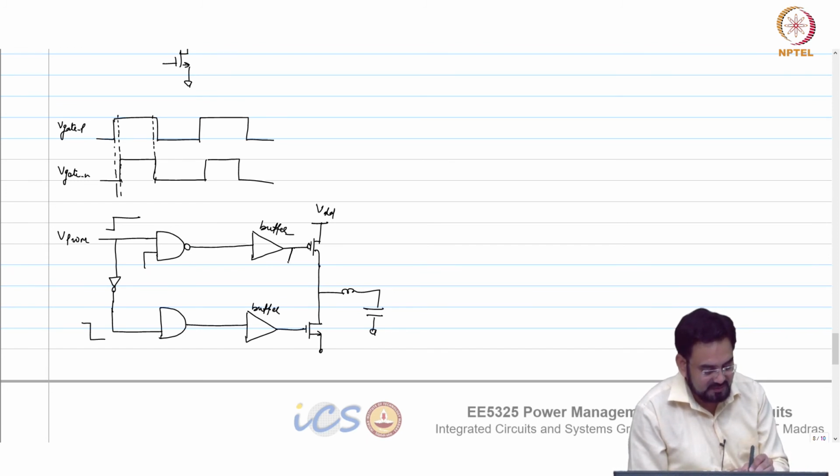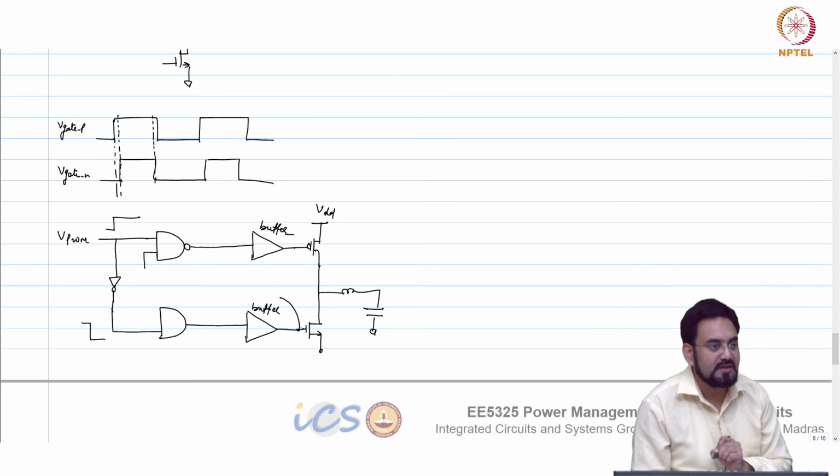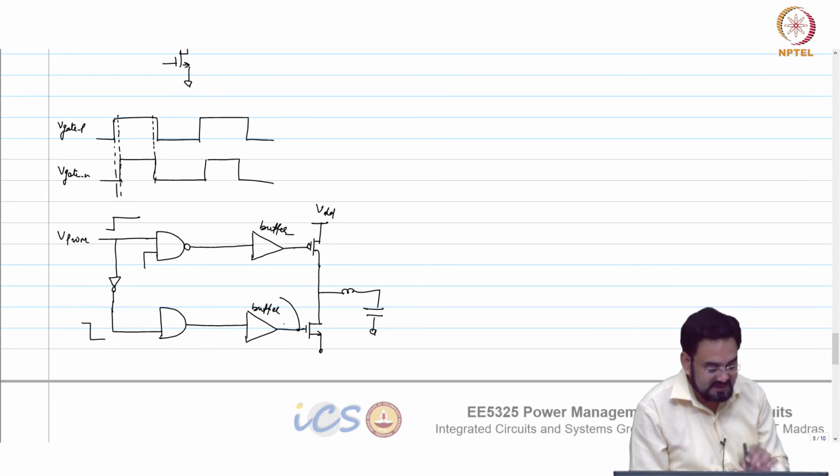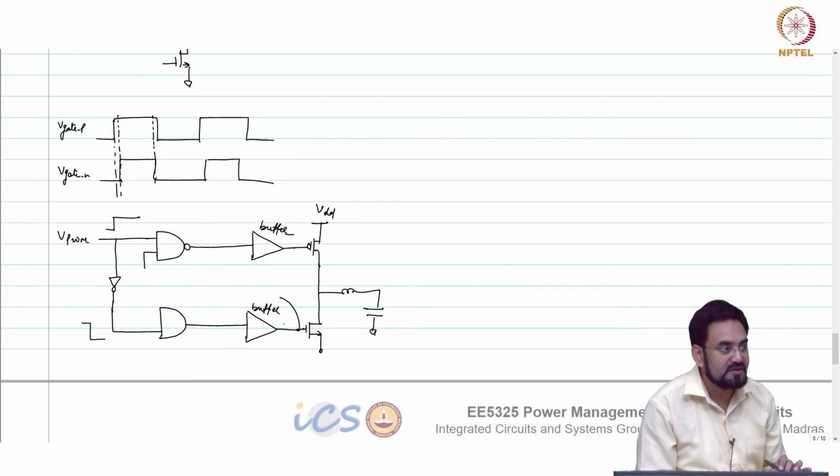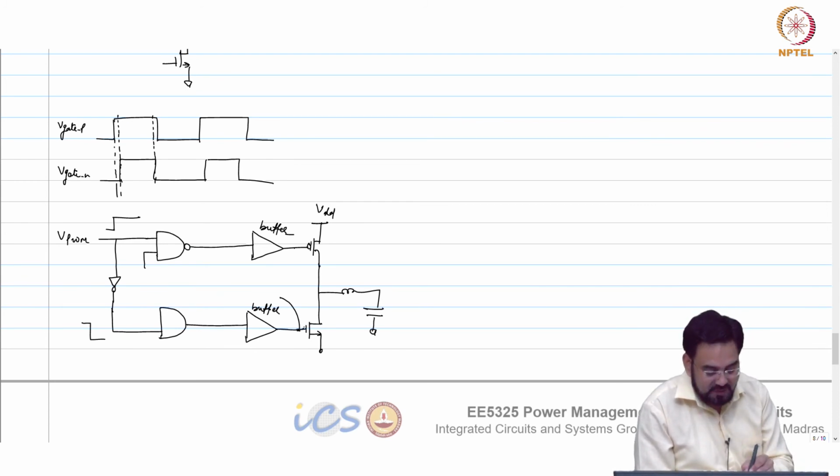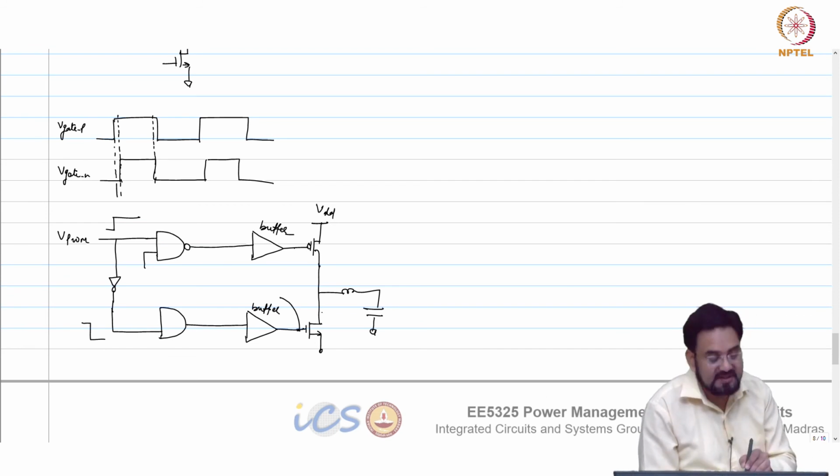So if I take this signal, I know this is going 0, okay. So I have to make sure that this device has turned off completely when you are turning on this one. And that can be told only by looking at the gate. That is why I am taking the feedback from the gate, not from here.